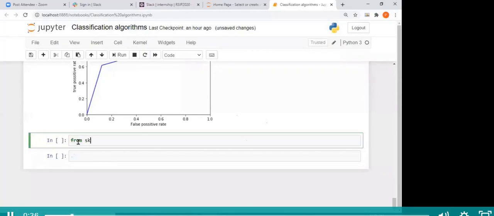From sklearn.ensemble import RandomForestClassifier.